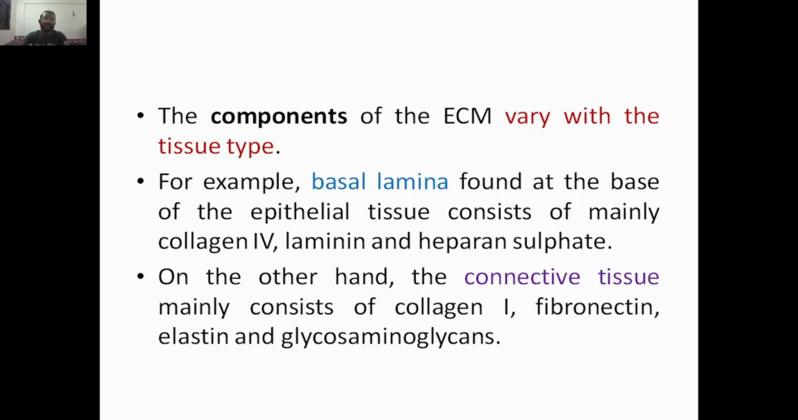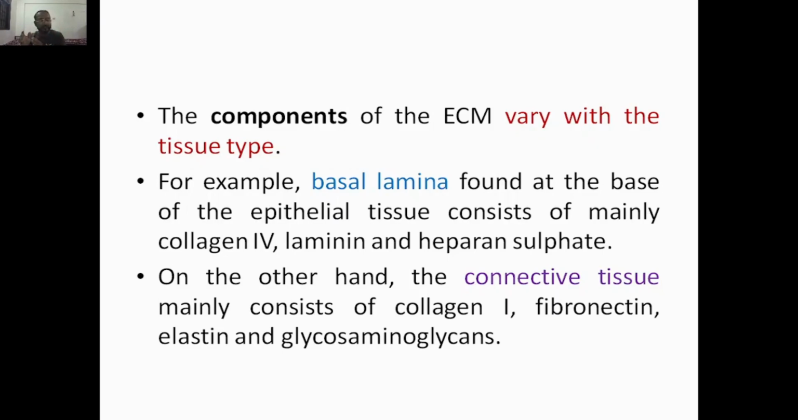So for example, the basal lamina, which is found at the base of the epithelial tissue, consists mainly of collagen 4, laminin and heparan sulfate. These are the components of the ECM when we are talking about the basal lamina, which is usually found underneath, or at the base of, the epithelial tissue. So epithelial tissue always has an ECM as its base, right? In this particular tissue type, the basal lamina, the ECM components are collagen 4,